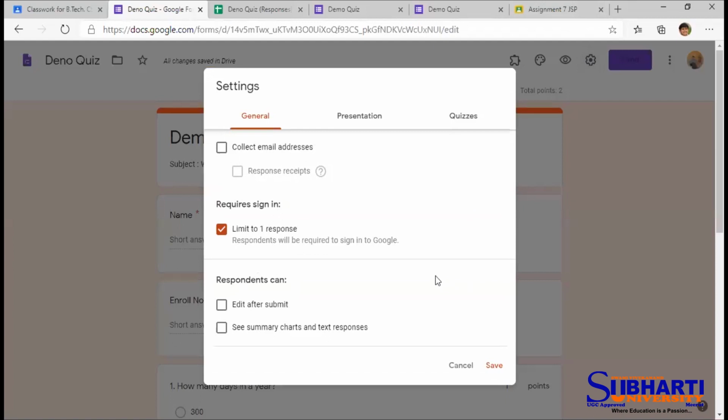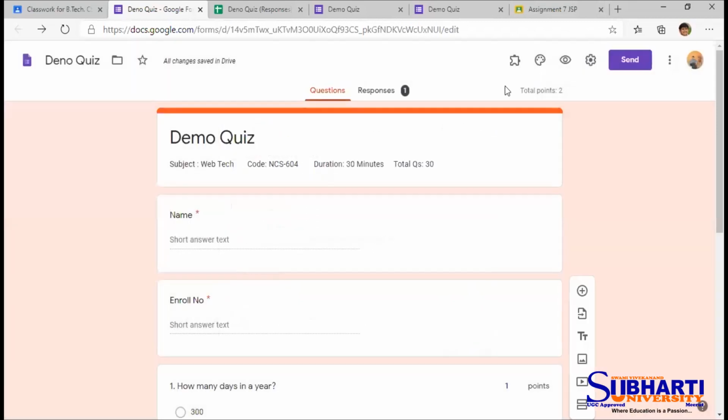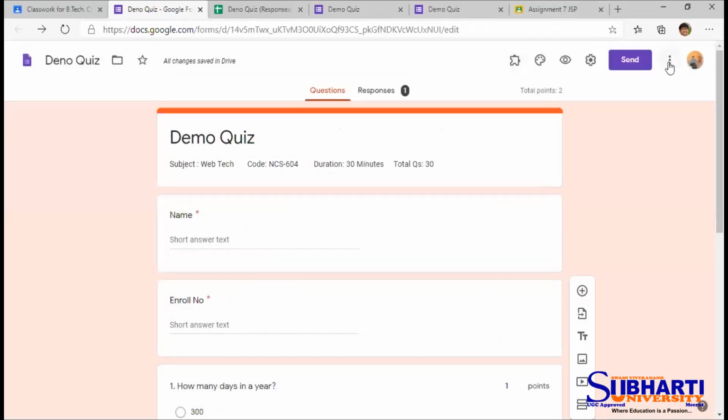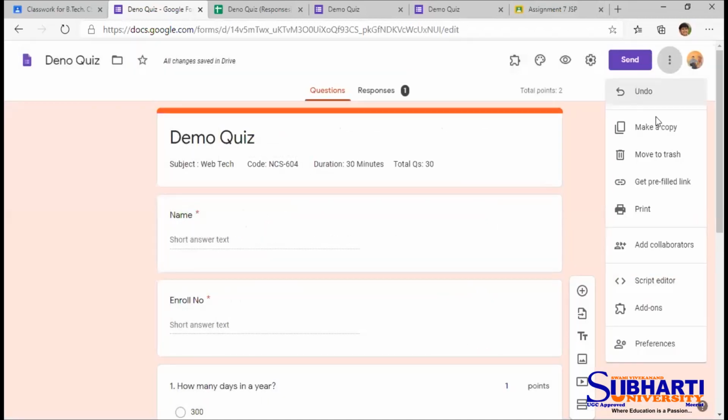So for this, you go to these 3 buttons, click on add-ons, and you will have to install the option. There is Form Limiter, you will install it.